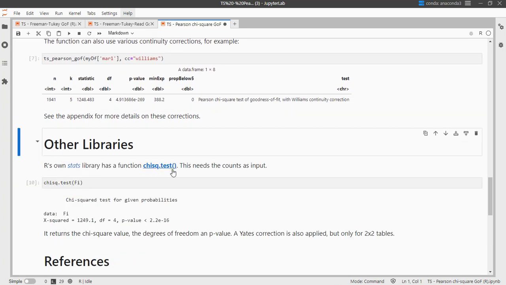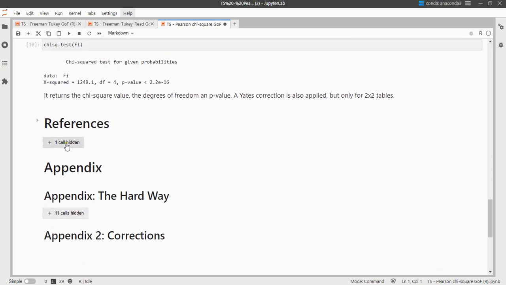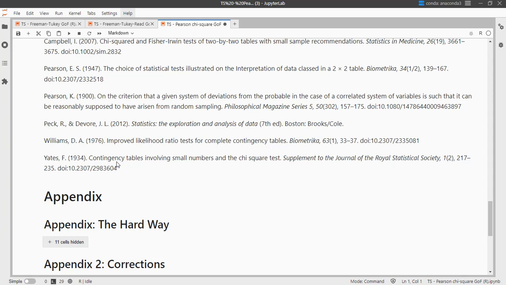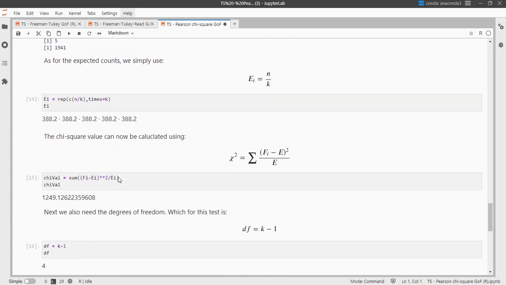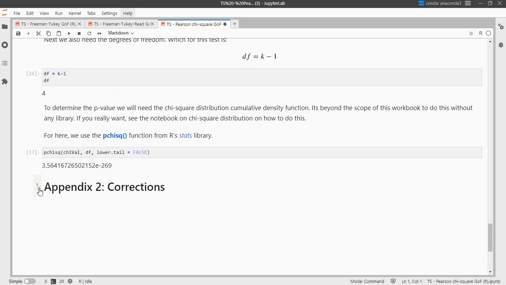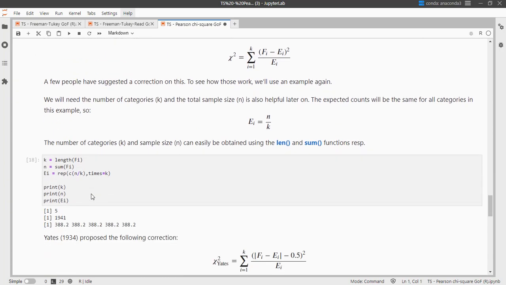The chi-square test is also available in R's stats library, and if you like, these are the references, and the hard way of going over all the formulas, etc. I discuss in a separate video, including those corrections that I